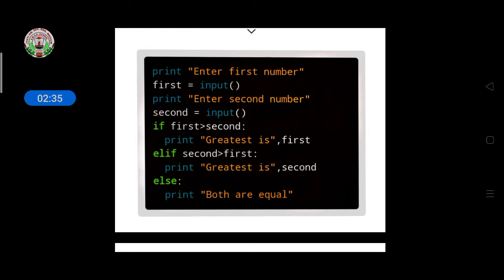Here first means the first variable we had initialized, that we are calling, and the first variable's value will be printed here.